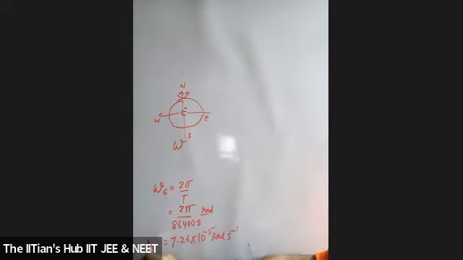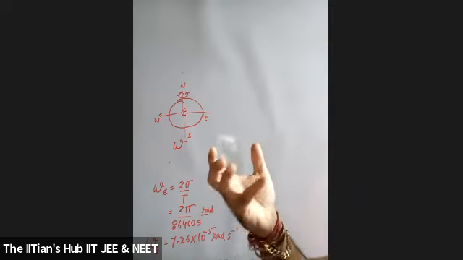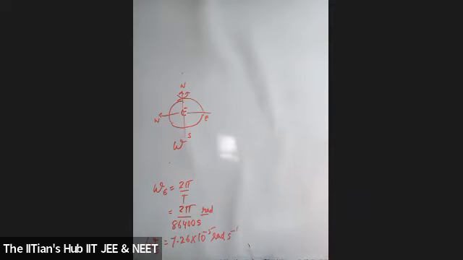So this is the omega of Earth. If somebody asks you what the angular velocity of the Earth is, the Earth rotates about its own axis with a constant angular speed. But is this value very large or very small, students? Small. That is why